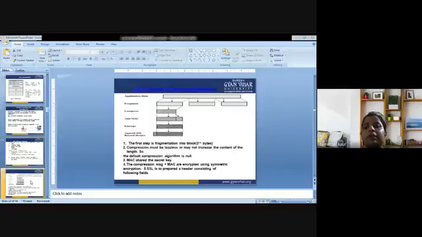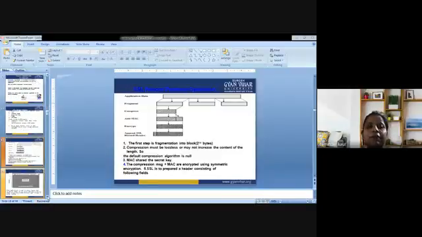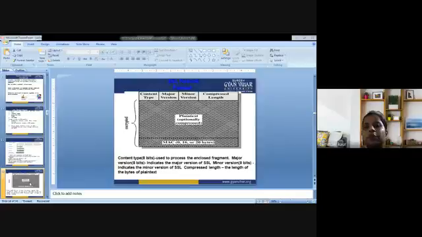Next, we have discussed the operation of the protocol, that is SSL record protocol operation. There are certain points associated with the same. First is the application data, second is to fragment the data, third is to compress, fourth is to add the message authentication code, fifth is to encrypt the data, and sixth is to append the header. Next, we have discussed the format for the same. There are 4 fields on which the SSL record format is designed, that is content type, major version, minor version, and compressed length.